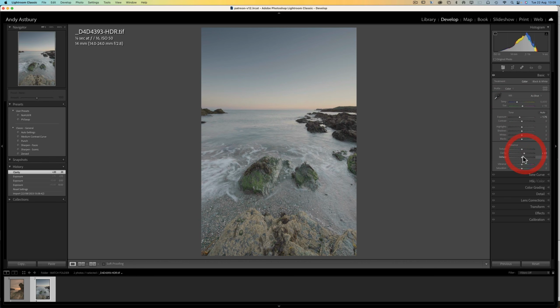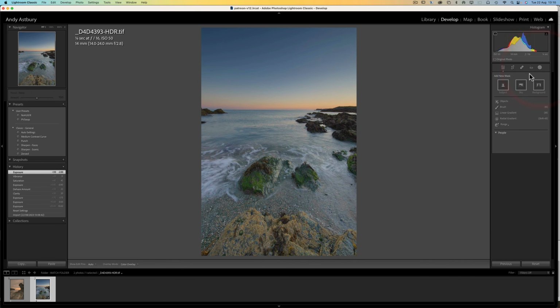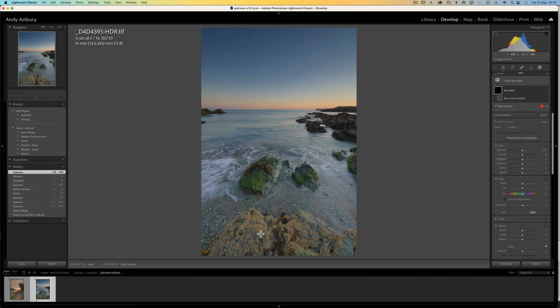and I might take up the clarity a bit and then increase the dehaze, then start taking up the exposure again, and probably leave that about there. Then I'm going to turn the saturation of the image up, and maybe a little bit of vibrance. And now I've got everything sort of set how I want it to be, I'm going to turn the exposure down a bit,